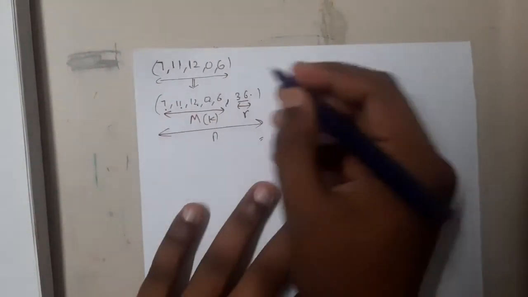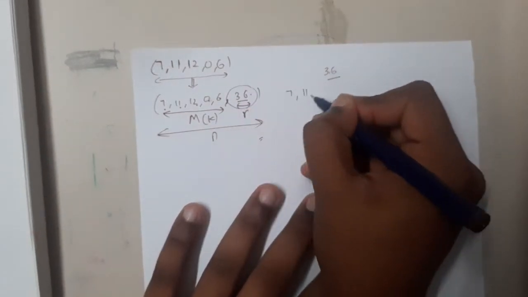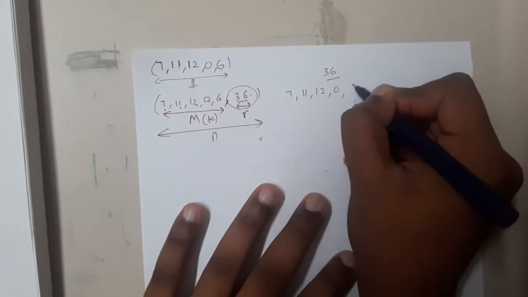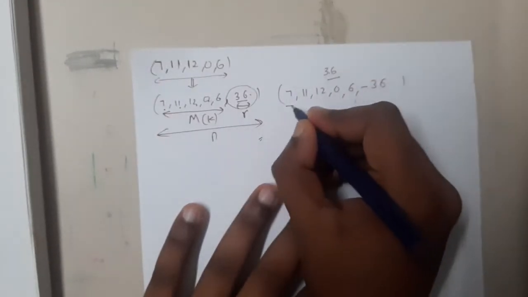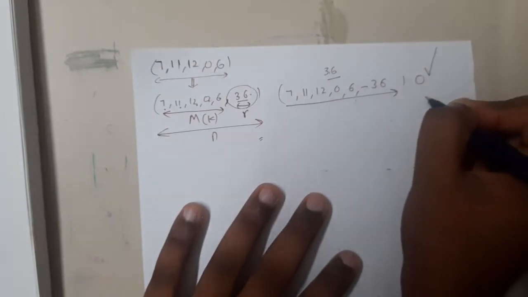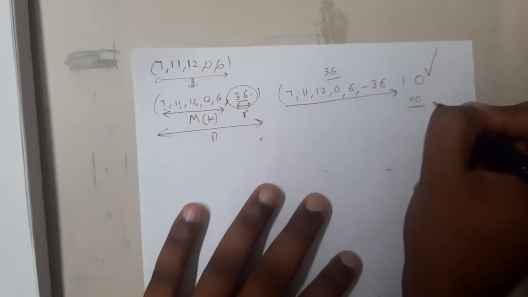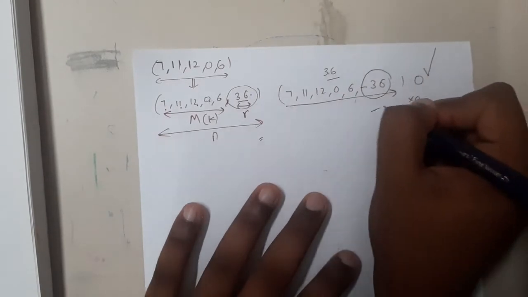A simple trick here is, rather than sending the positive value, I will send negative 36, minus 36. What is the advantage here? I will add all the terms. If I get a result of 0, I received it correctly. If I did not get 0, there is an error. So now it's quite interesting, right? Now we have minus 36.